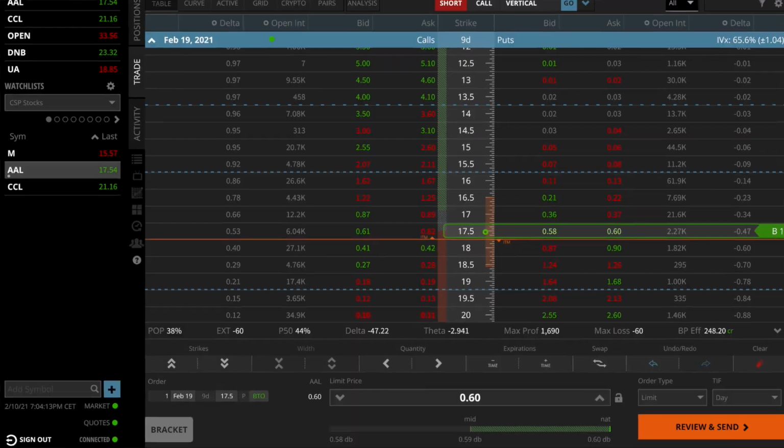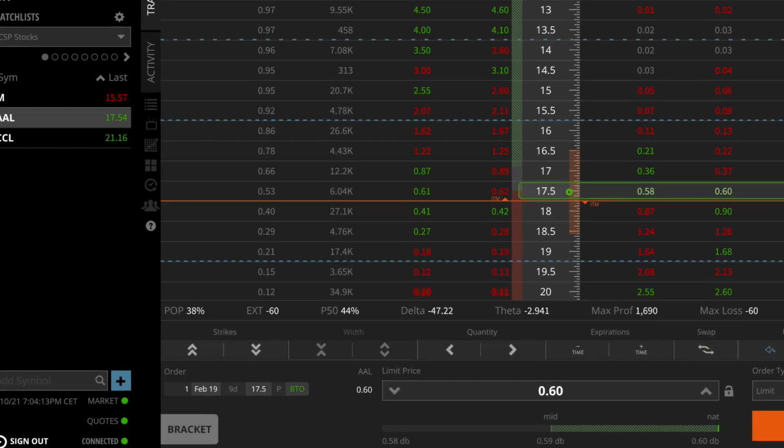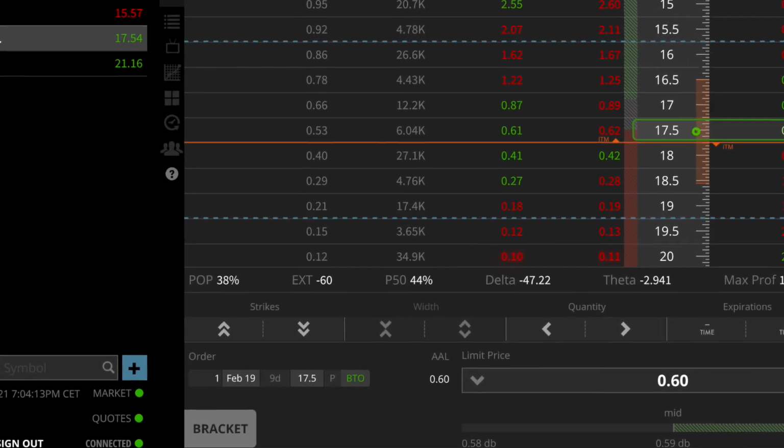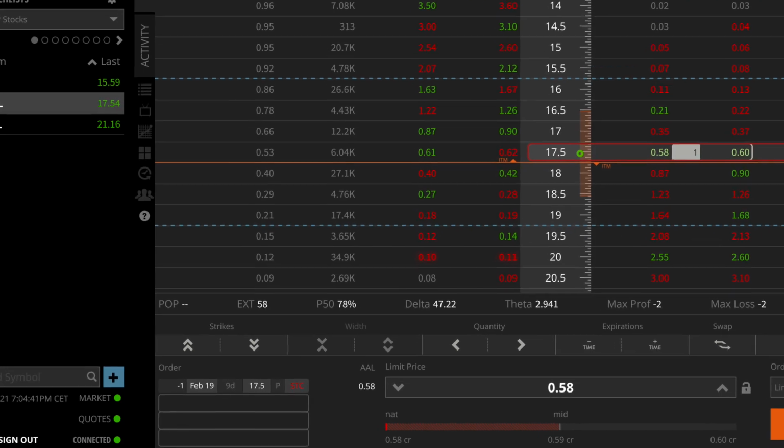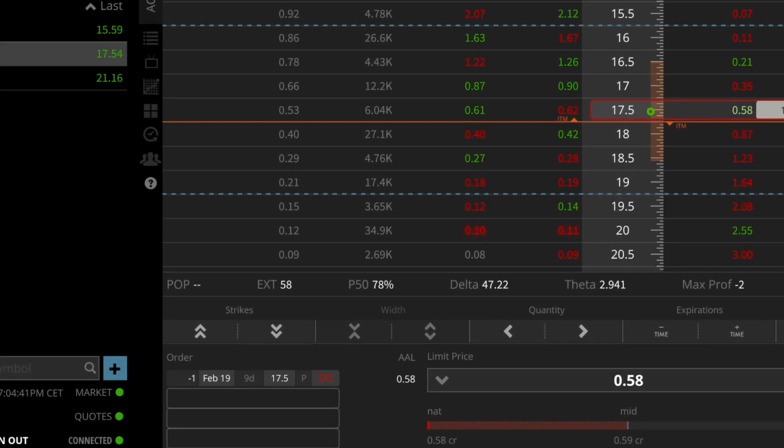To show you an example, I'm going to go into the Tastyworks platform so you can really see how it actually works. So let's take, for example, the stock American Airlines. If I decide to buy an option and I click on the buy button, you see that it's going to say at the bottom BTO, which refers to buy to open, because as I'm buying an option to open a position, then I'm buying to open. And then if I actually take that trade and I decide to close my position at some point, I'm going to have to sell back my option. So I'm going to sell to close.